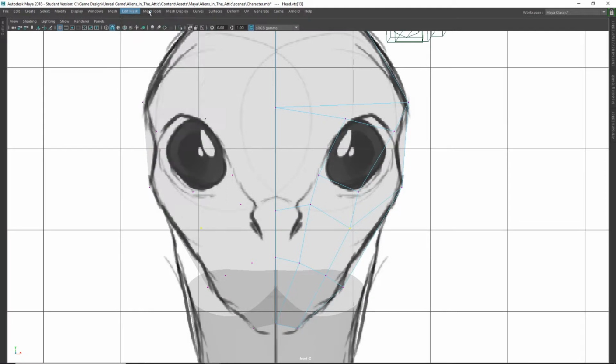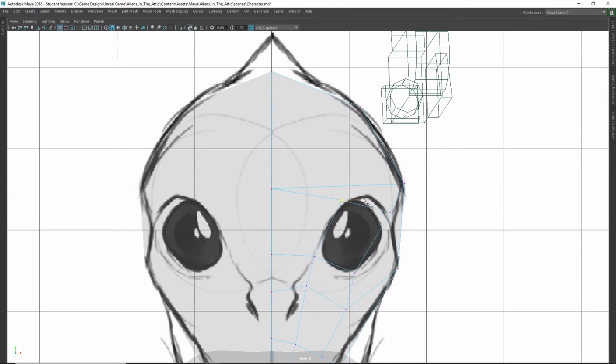So edit mesh. So mesh tools, multi-cut tool. I know that I need another cut right here, like that. And then I can right click. So now this is a quad again. This is a quad. So these are all quads. And this is a triangle though. So what do I do here? I need to make sure that this sucker is,